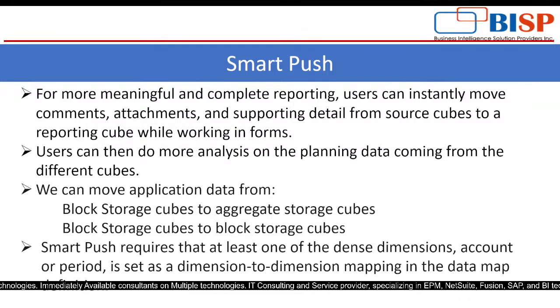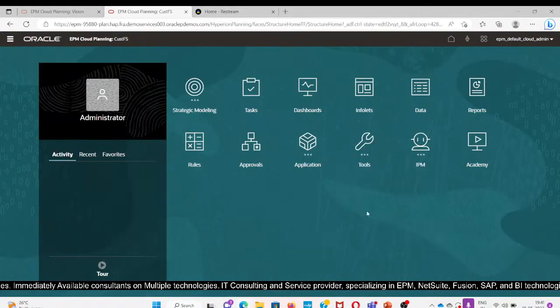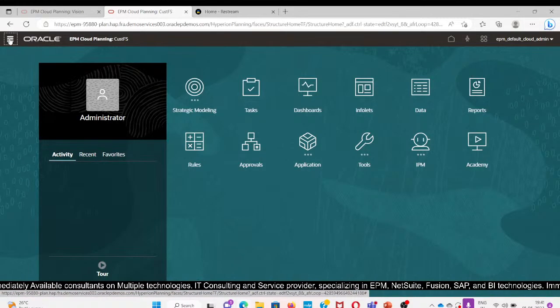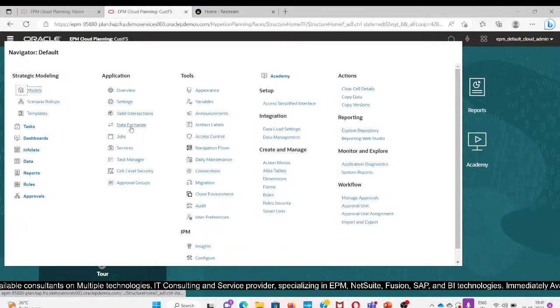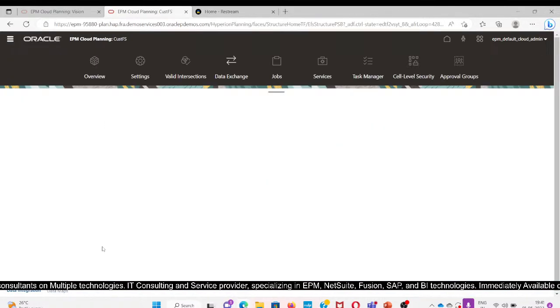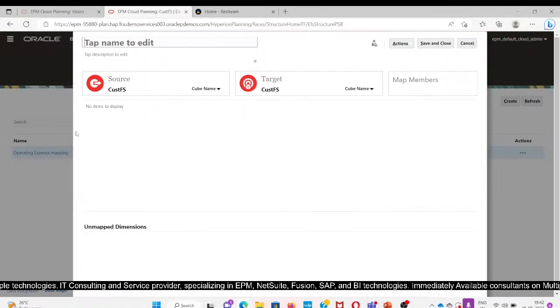Okay, now we will first go to our demo instance. Here I will click on Navigator, then from here we will select Data Exchange. Then from here I will select the Data Maps. Then, with the help of this Create option, I'm going to create